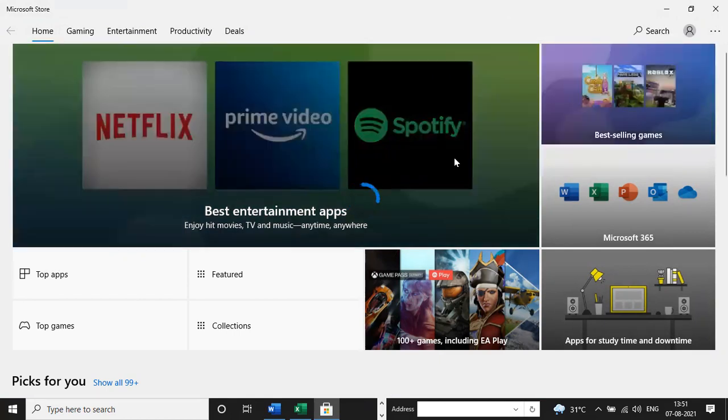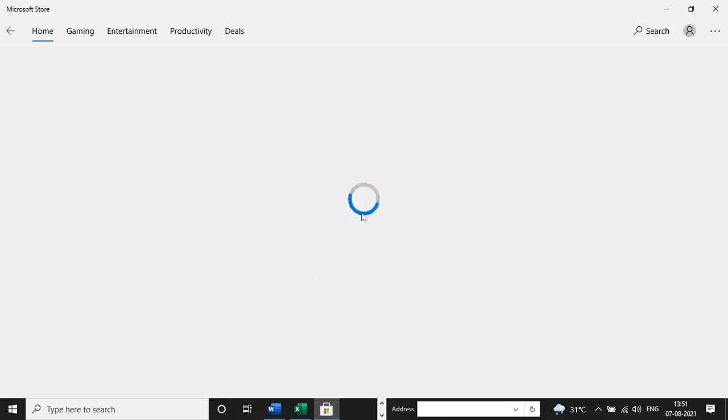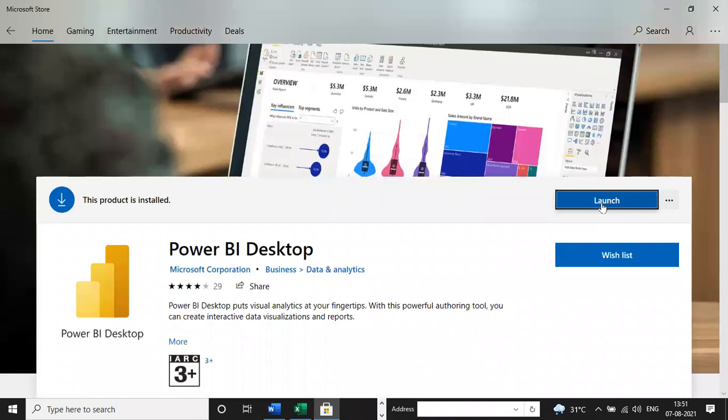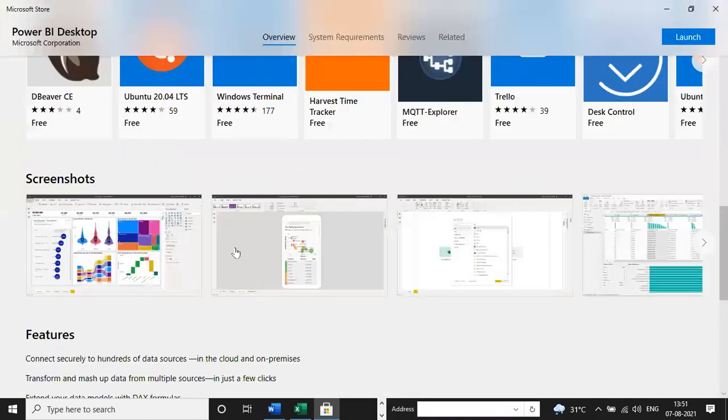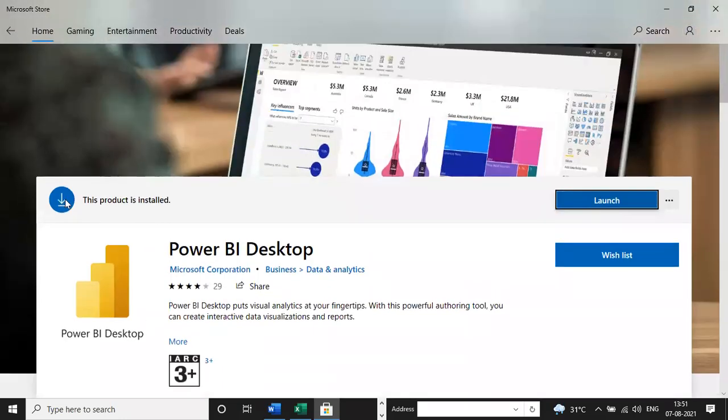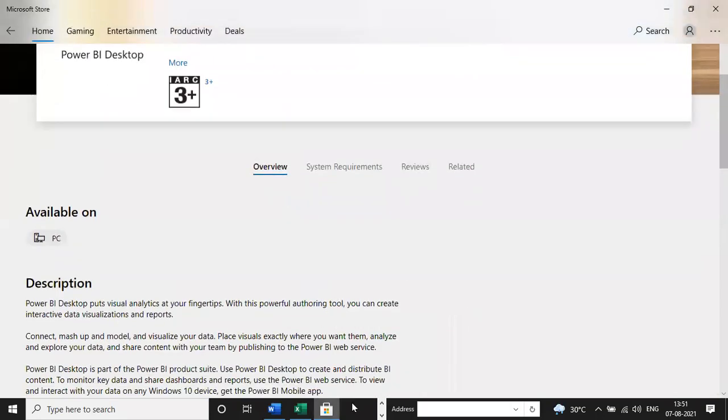Pull out, click over there, and see, your Power BI Desktop is here, and you can directly launch it. I have already launched it, so it tells me the system already has it. So you can directly download from there. See, there is an option saying the product is already installed. So if you don't need to download, you can directly download and install. Your system has already installed it.